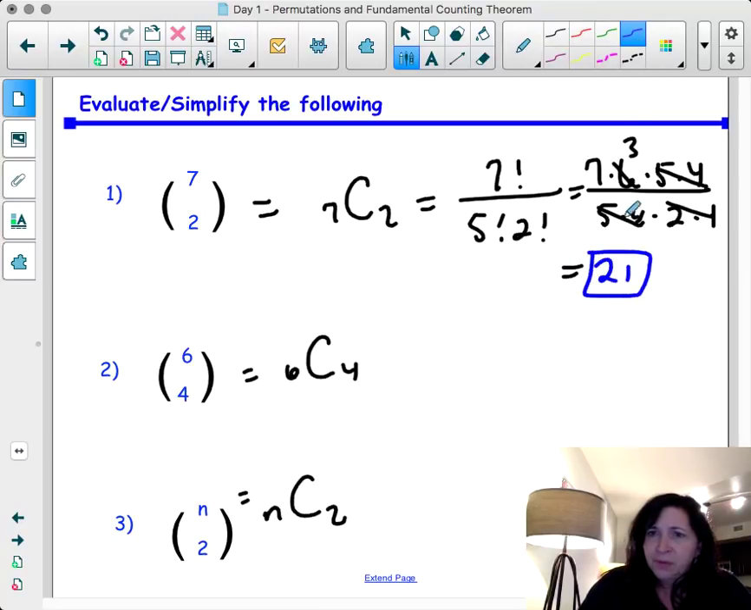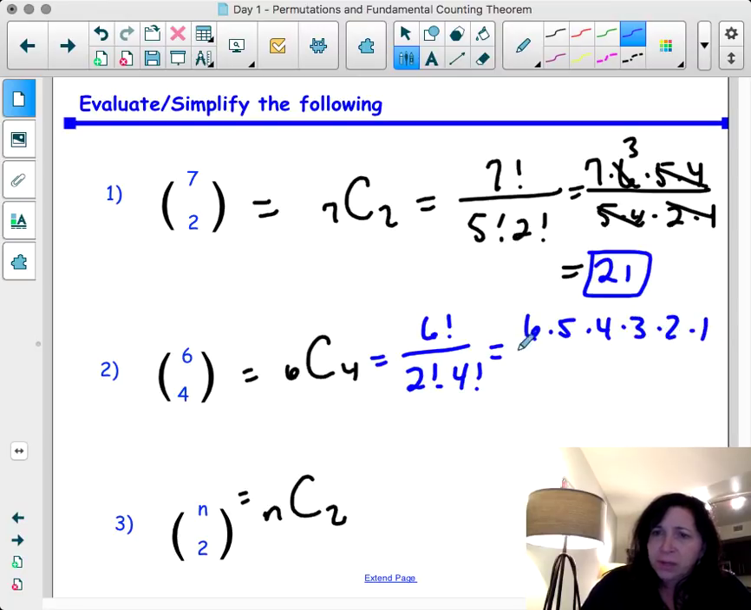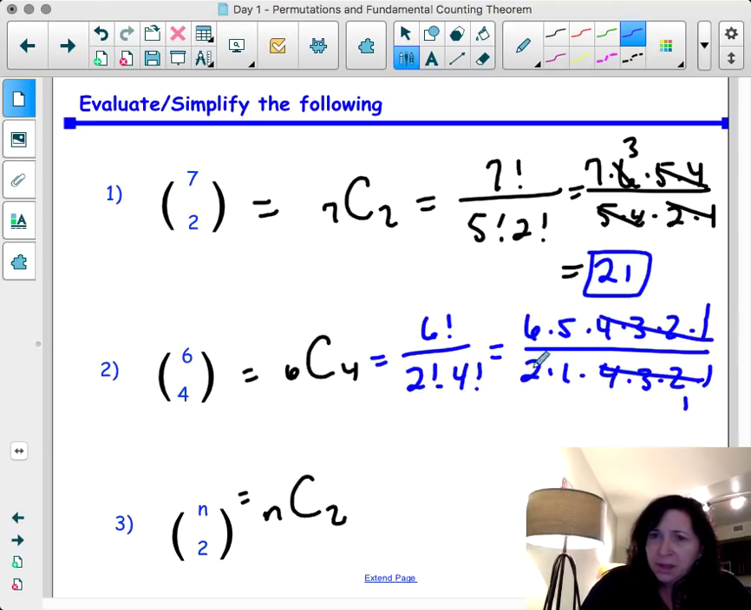Okay, and then you've got 6 factorial over 6 minus 4 factorial, which is 2 factorial, and you've got your 4 factorial. So you go 6 times 5 times 4 times 3 times 2 times 1 over 2 times 1 times 4 times 3 times 2 times 1. These are going to cancel and make 1. 2 is going to cancel into 6 and make 3. 3 times 5,